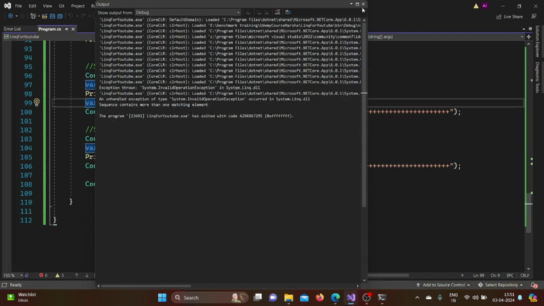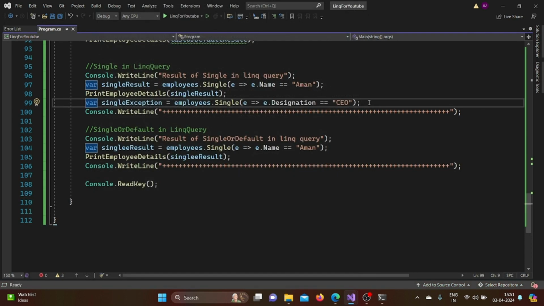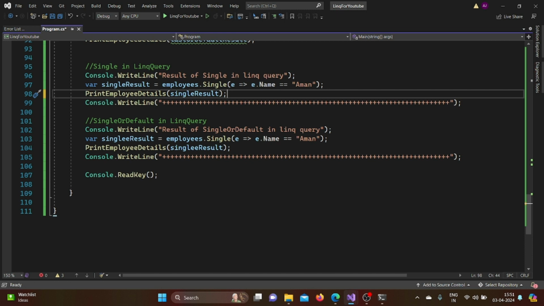Same is the case with SingleOrDefault. In both the cases, single should be used when we are looking for one particular record, and that record has no repetitions. So in that case, we will be using single. So that was SingleOrDefault. Next in the pipeline is